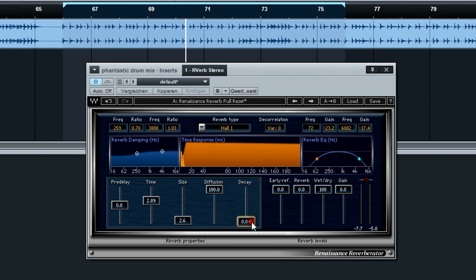Now decay linear or not, this is pretty much just how the tail of the reverb is shaped. Is it linear or is it curved or,